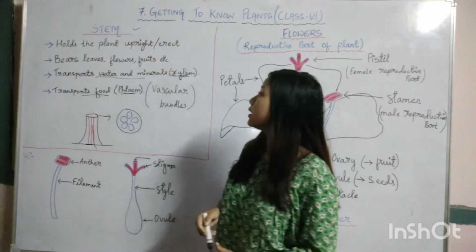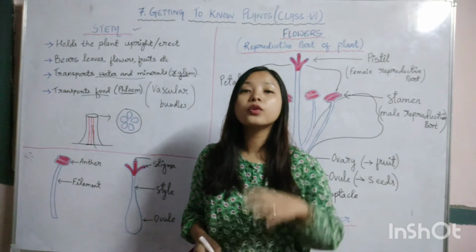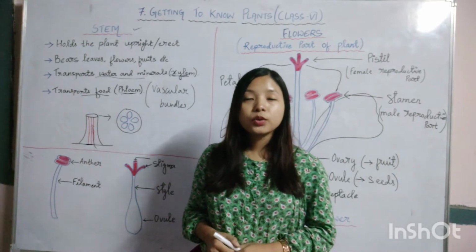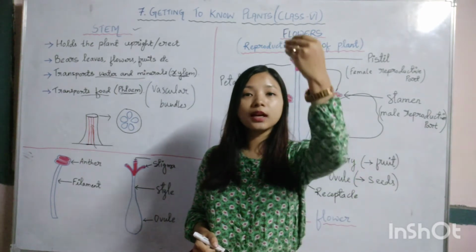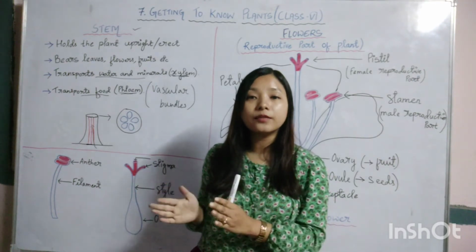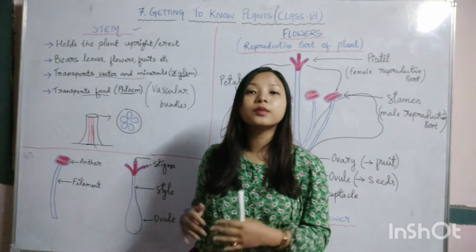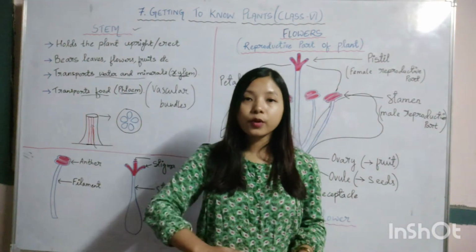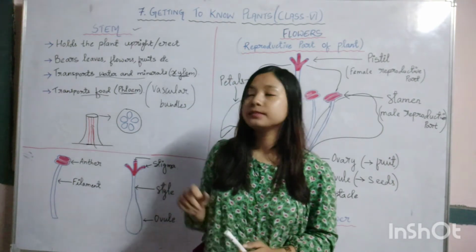The xylem helps in the transportation of water and minerals. In the previous video, we discussed how roots help in the absorption of water and minerals from the soil. So this water and minerals absorbed by the root go through the xylem and reach all the other parts of the plant, especially the leaves. As we know, the leaf is the main productive part of the plant where preparation of the food for the plant takes place. So in the xylem, upward movement of water and minerals takes place from the roots.